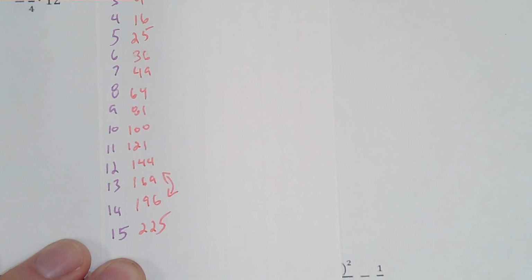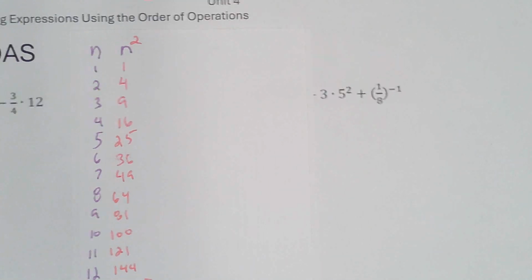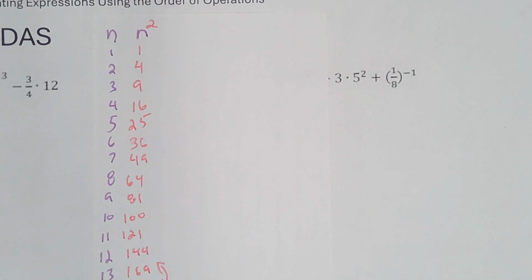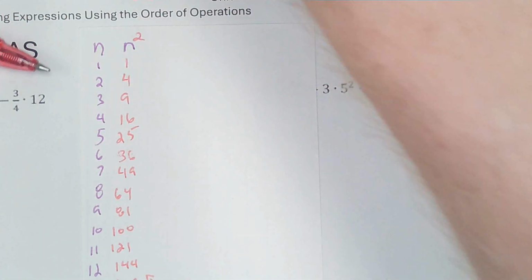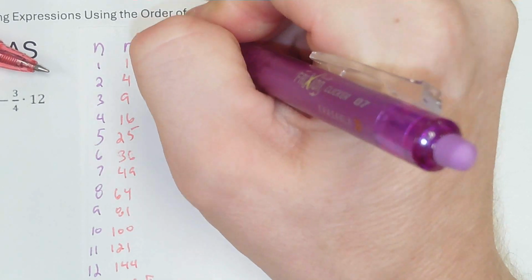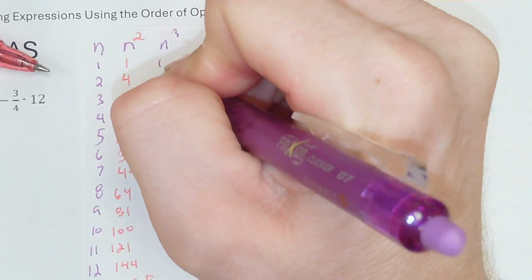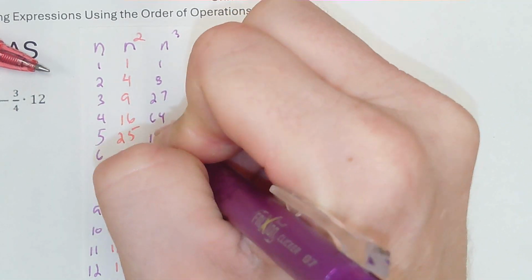All right, those are our squares. Then for n cubed: 1, 8, 27, 64,